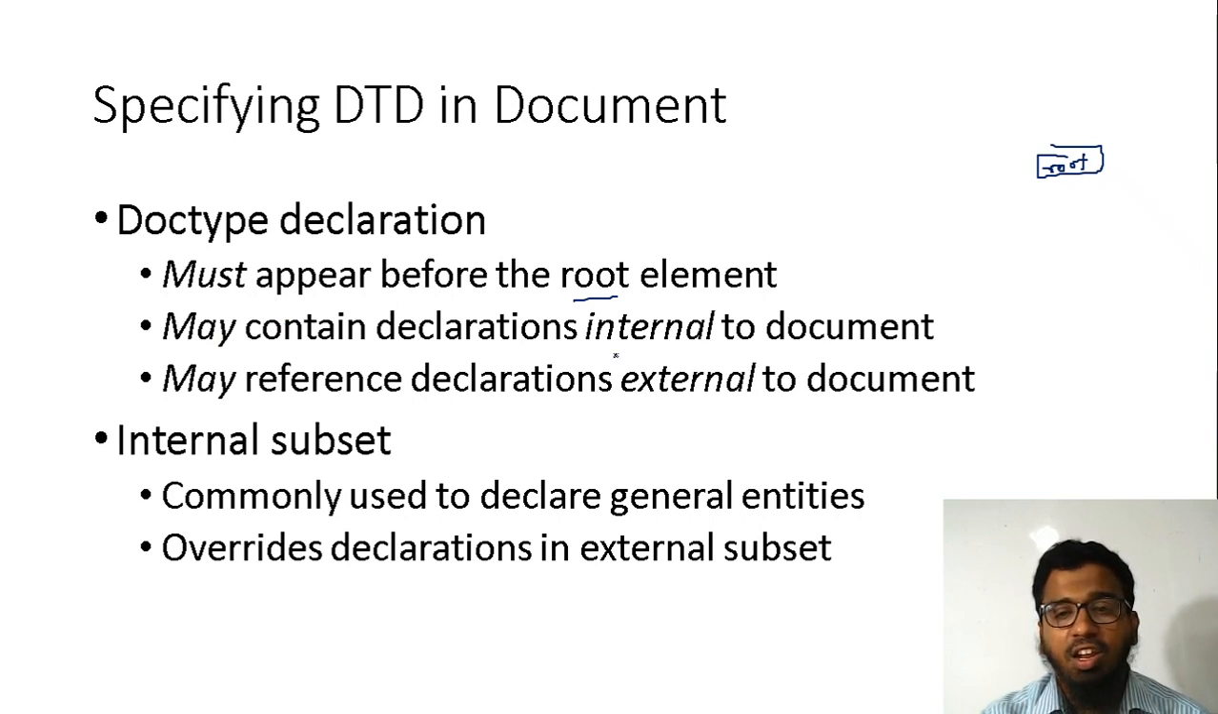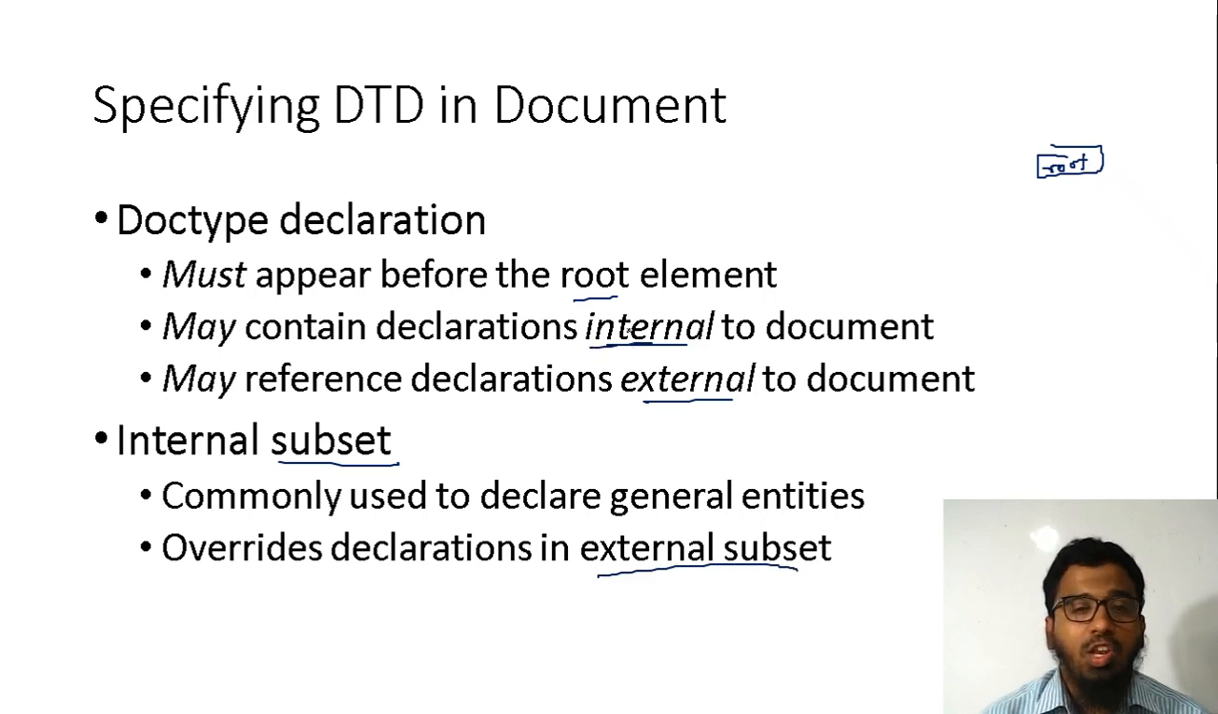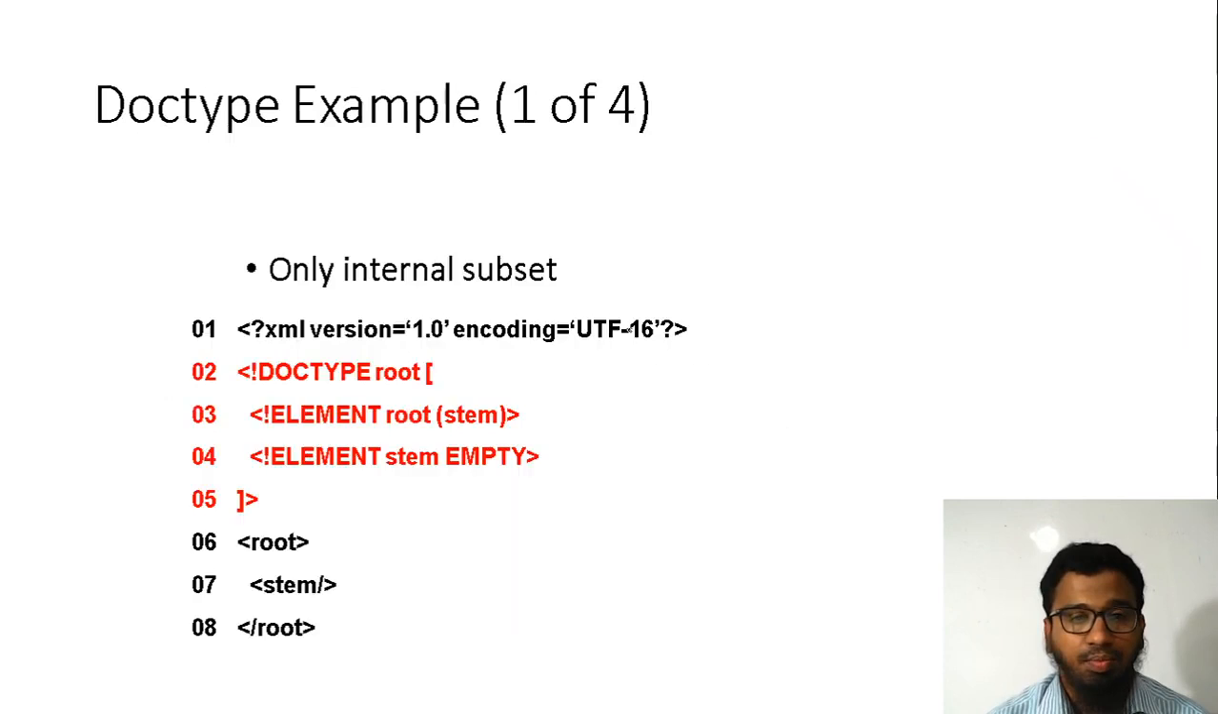It may contain declarations internal or external. Okay, it may reference declarations external. So any one of these you can use. The internal subset is commonly used to declare general entities and override declarations in the external subset. So when you write DTD, there are two types, internal and external, both we will see. Okay, so now